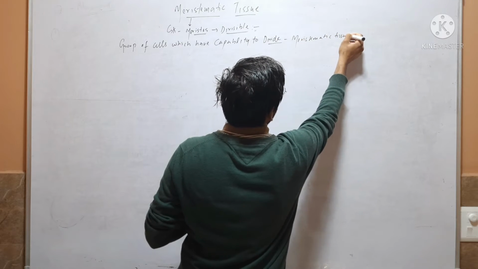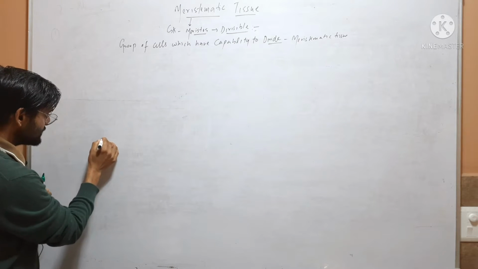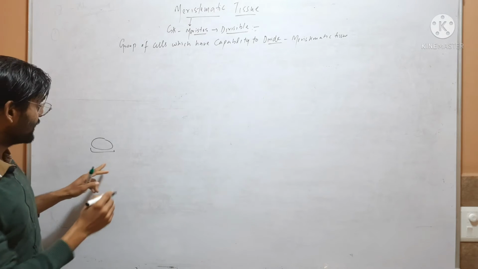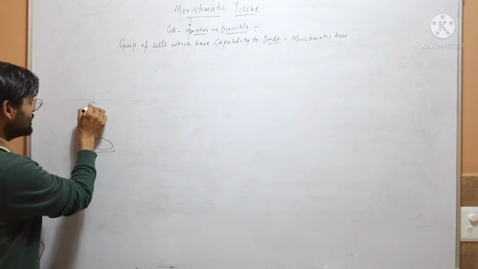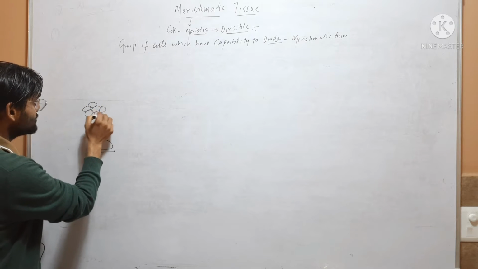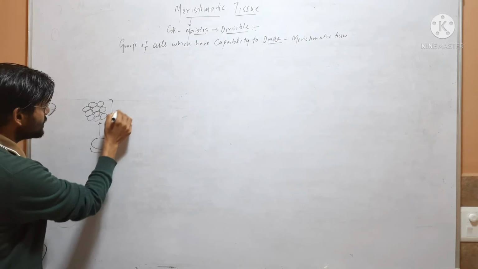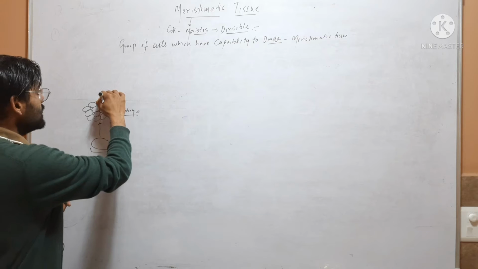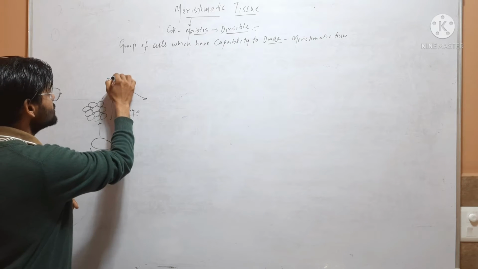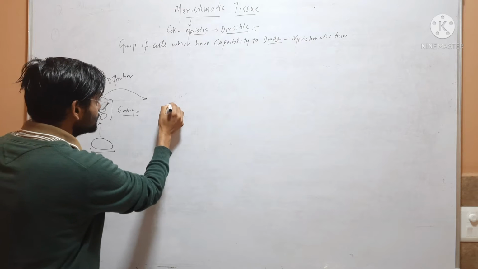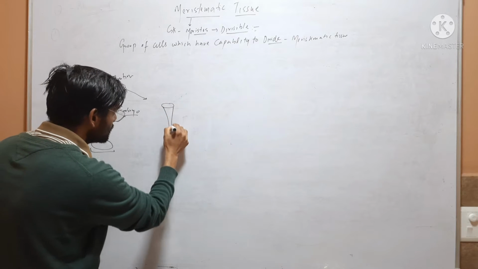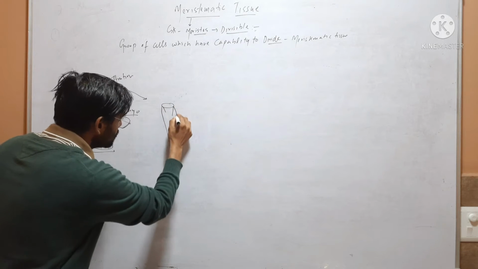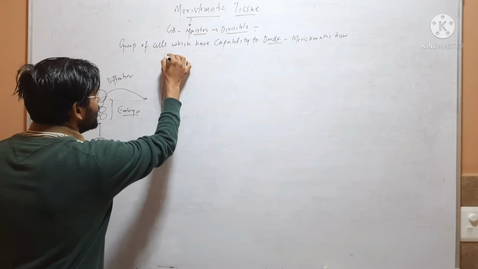meristematic tissue. We know that when a zygote is formed, this cell has the capability to divide, and after the zygote there is an embryo formation. It divides, and all the cells of this embryo also have the capability to divide. Then after formation of the embryo, differentiation starts and the plant forms. There is a formation of root, shoot